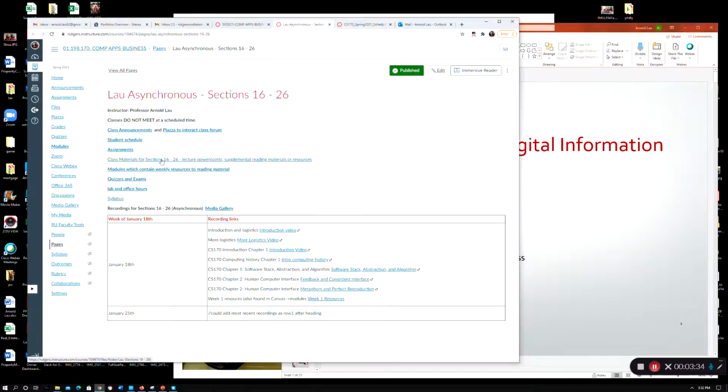Here, the class material is essentially my folder, and I'll put the PowerPoints, and I'll try to put in some additional material. For example, this week we're going to be covering conversions. That's kind of been done to death. There's a gazillion different videos all over the place about how to do different tricks to do conversions between the different number bases.